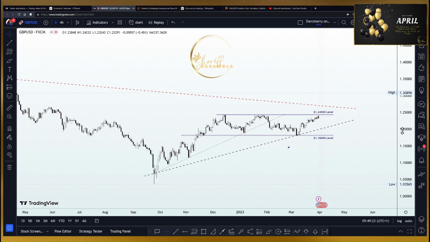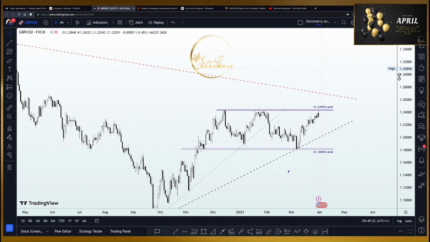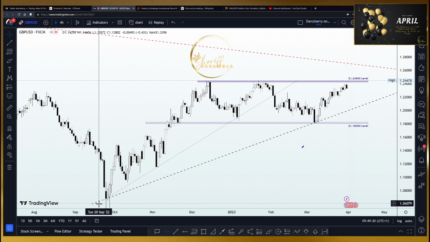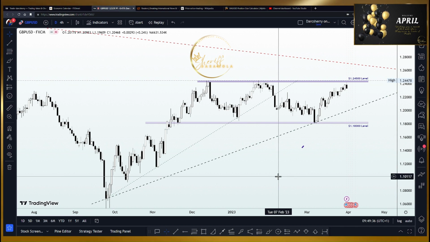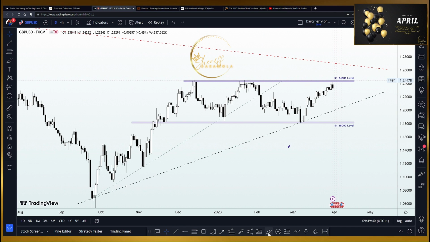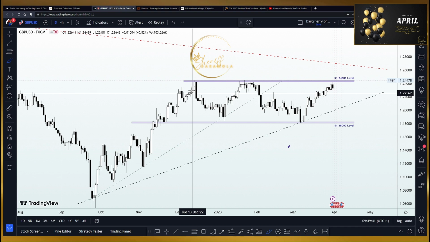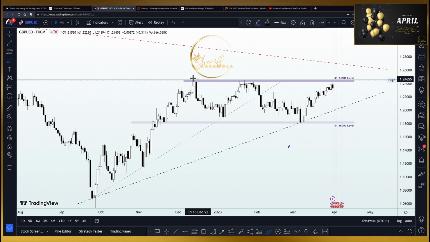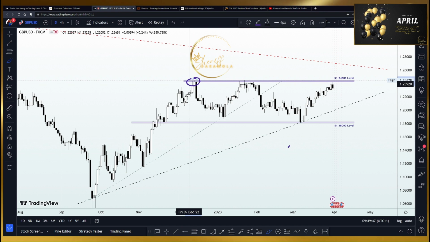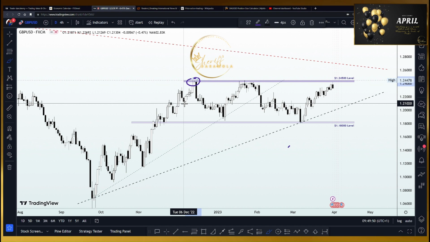However, if we zoom into trading activities between the month of October and now, you can see that it is quite obvious that price action has actually been bullish. But something interesting happened during the month of December last year. We saw how as soon as price got into that 1.24500 level here, we began to see selling pressure, negating all attempts by the buyers to break out of that